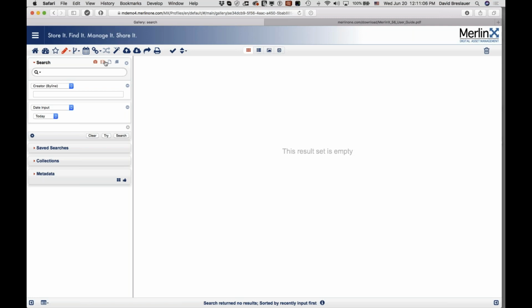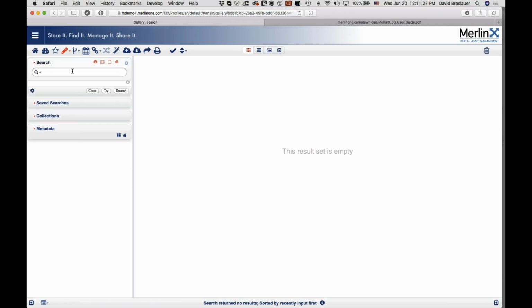I can search for all audio and video. I can search for all other types of documents, which would include graphics and PDFs and Microsoft Office documents, or even Apple documents like Keynotes that you saw earlier. Or I can search text articles, and then what I'm going to do is blank my search